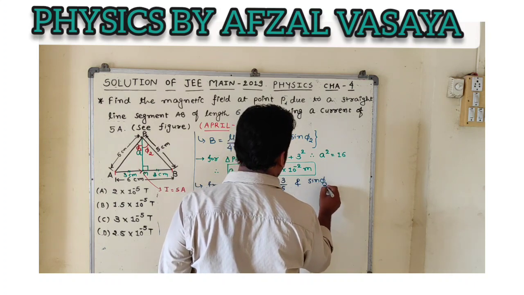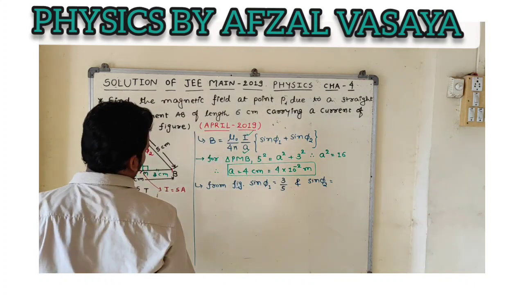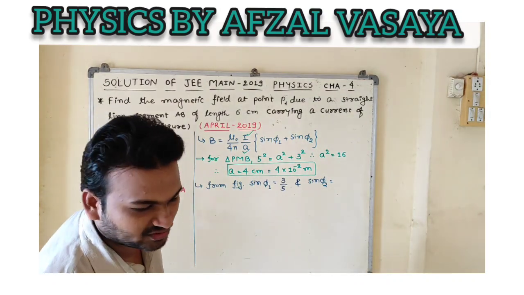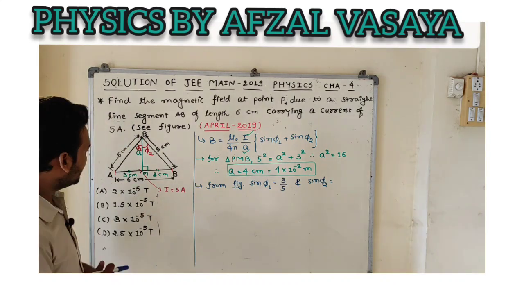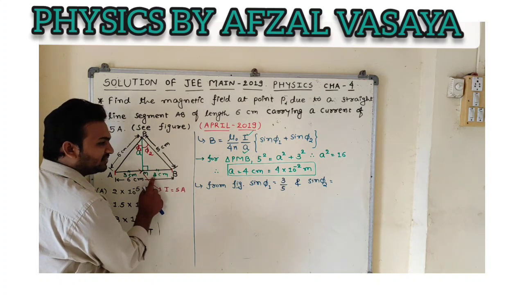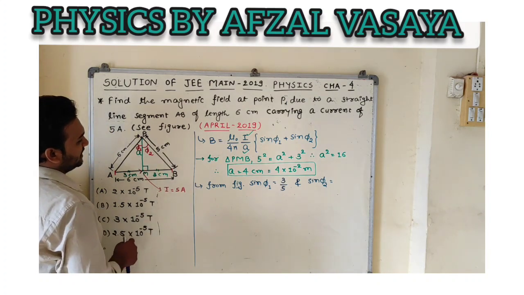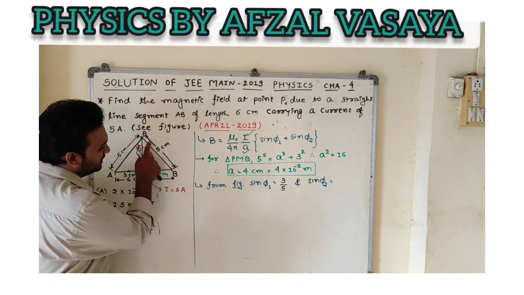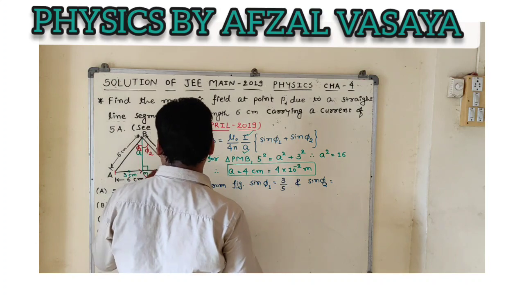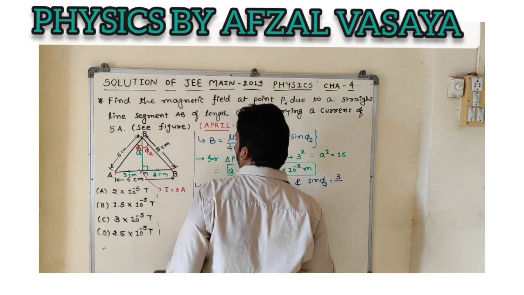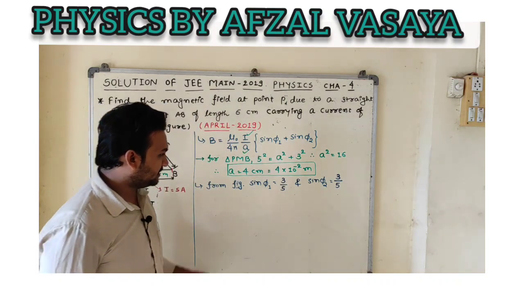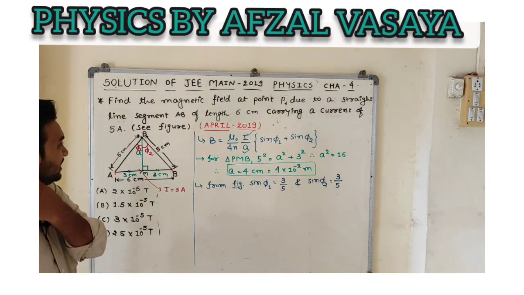Sine phi 2 equals, again it is sine theta, so we use the formula length of opposite side upon length of hypotenuse. For angle phi 2, the opposite side is MB and the length of MB is 3 centimeter, and the hypotenuse for this triangle PMB is PB, which is 5 centimeter. So you can write sine phi 2 equals opposite side, that is 3, by hypotenuse, that is 5. So you can say that sine phi 1 and sine phi 2 are equal.